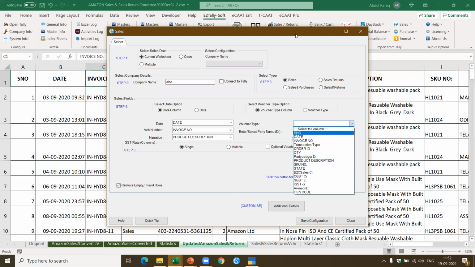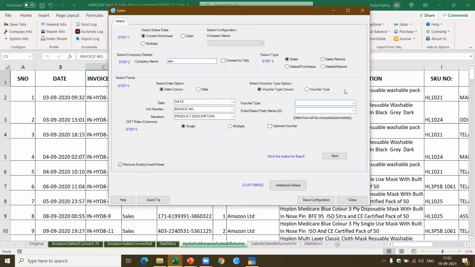Let's see where the voucher type is here. I think we have given that as the transaction type. Yes. I have given the voucher type as the transaction type. Now the selection of the field is very important. Here, party name,